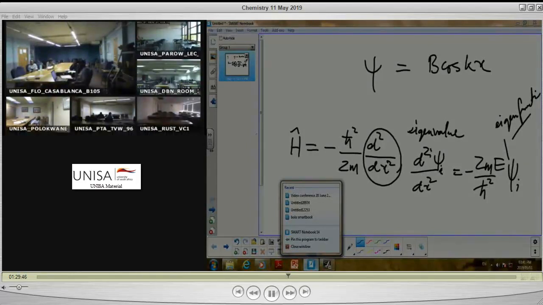So now, if we subject this wave function to the same operator, what do we get? Let me write a dash, by dash, so let me say 2 dash. This, okay. So what do we get? Minus K